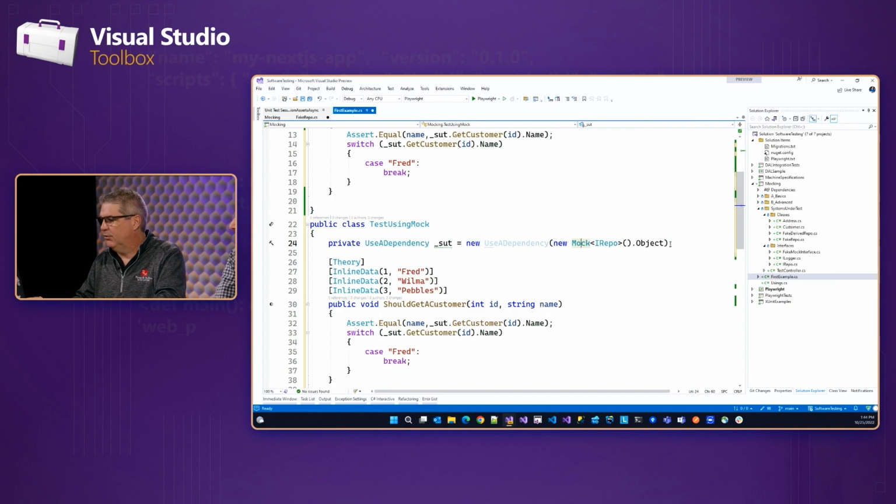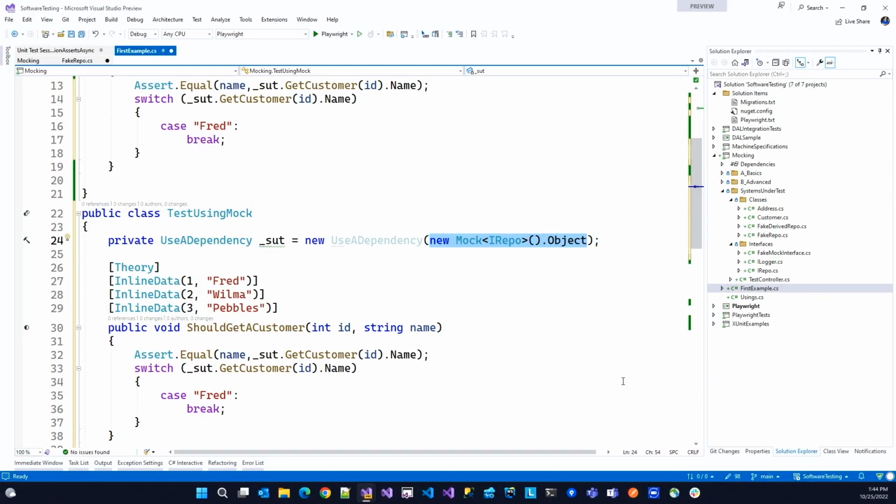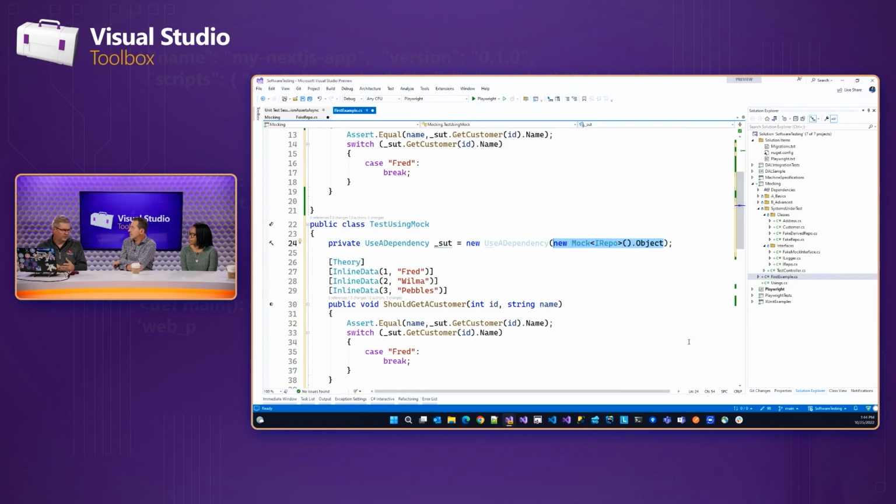All right, so now what I'm going to do is say, I want this mock of a repo. And what that does is create a proxy around the interface. Right, so everything that you want to mock either has to be an interface. If you mock concrete objects, it has to be virtual. Basically, you have to be able to derive from it in one way, or implement it in one way or another, right? So it's got to be virtual. It's got to be an interface.